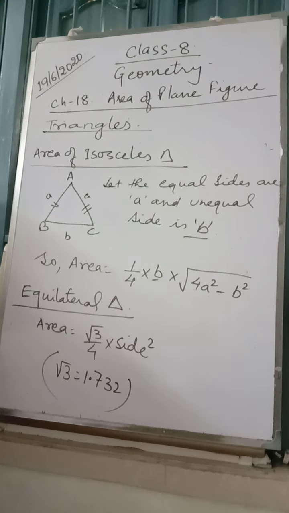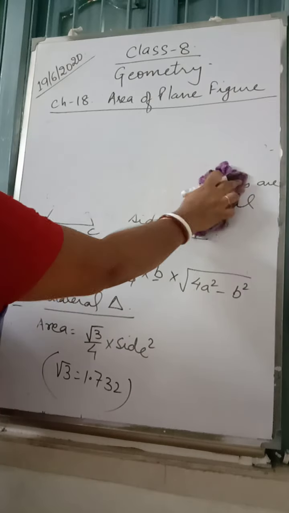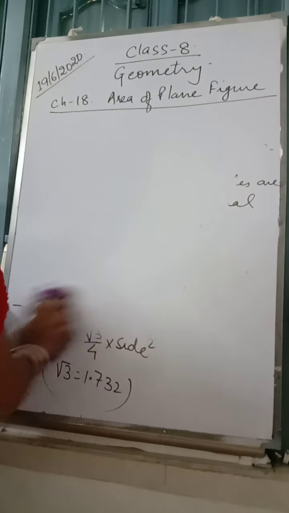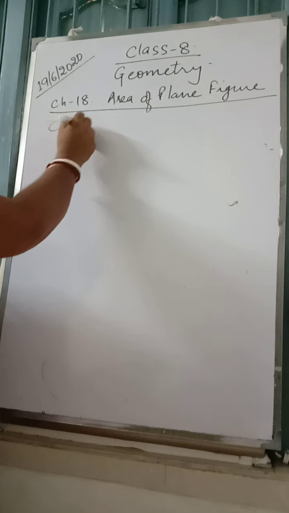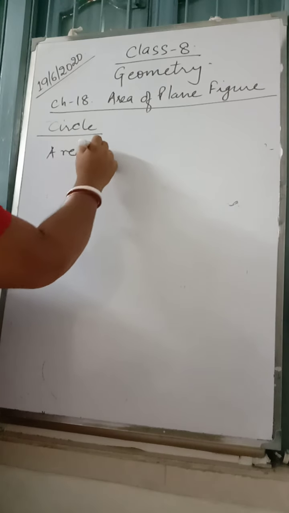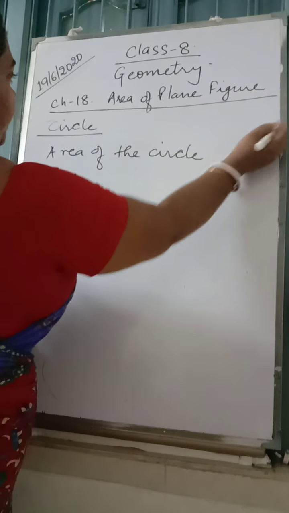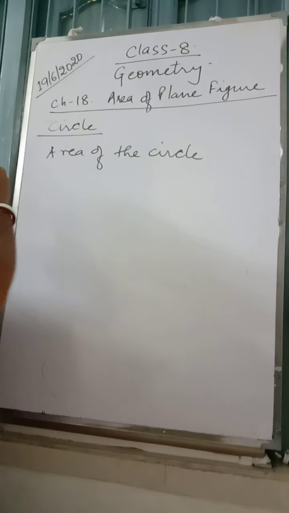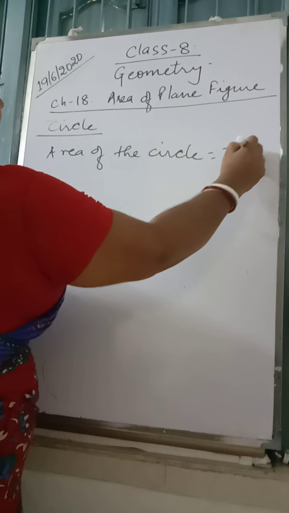Today I am only writing the formulas. Next day we will be solving the exercises and all. But you should learn the formulas before we start the exercise, is it? Now you can see the area of a circle. Next we have this plane figure, that is circle. So area of the circle. These are the only formulae related to area. I have not written a single formula related to perimeter. Today you learn only about the area.